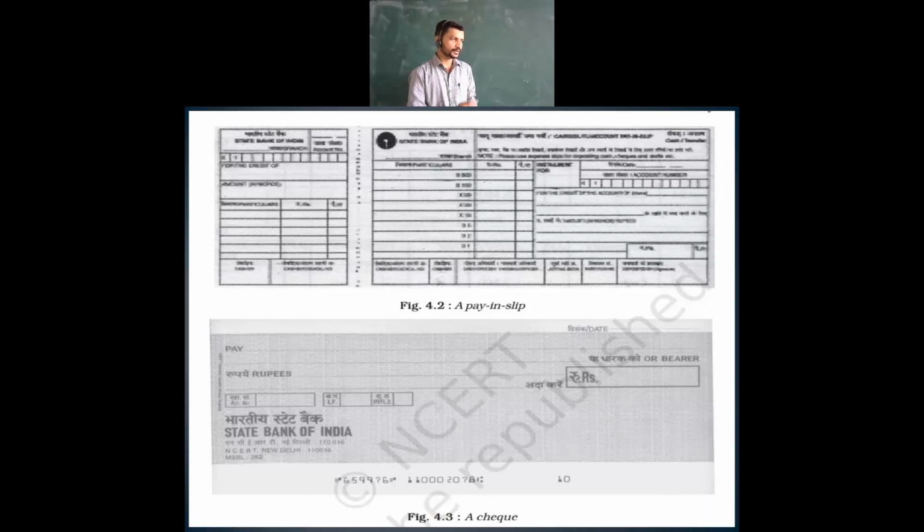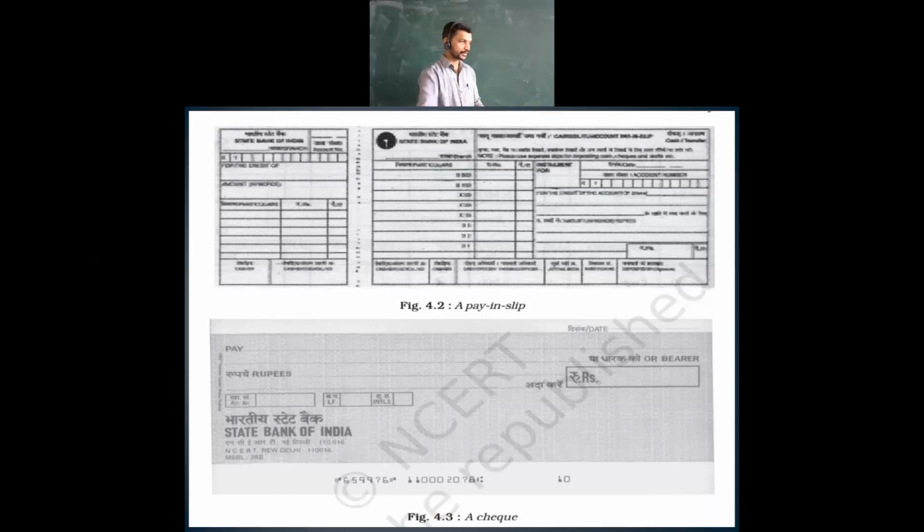You are going to write the name and account number over there, and down below that the name, then the amount you are going to pay. Then you write the amount in digits, and the currency: if you are having 2000 notes, 500 notes, whatever, you are going to write over here. In the middle over there, you can see the currencies. You can see 2000, 500 and all the denominations given over there.